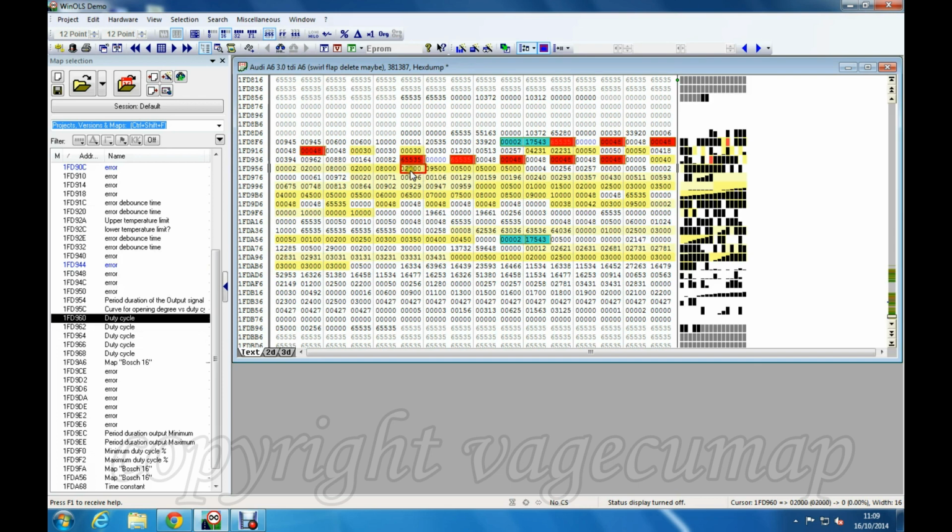In other words, that 2000 might be 20%, and that might be a default value to use when something goes wrong. So again, you don't really want to touch that 20%. 95% is probably the maximum allowed. 5% here is probably the minimum allowed, and the 50% and 50% again are probably average values. But you don't really need to change any of these values because we don't want to interfere with those.